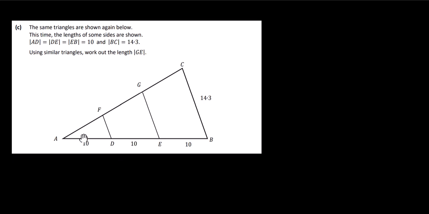I'm going to take this side from the smaller triangle, which is 20. I'm going to divide it by its corresponding side length on the big triangle, which is 30. Then I'm going to take this length here, which is GE, divided by its corresponding side length on the big triangle, which is 14.3. So let's do that. We've got 20 divided by 30, which is equal to the length EG